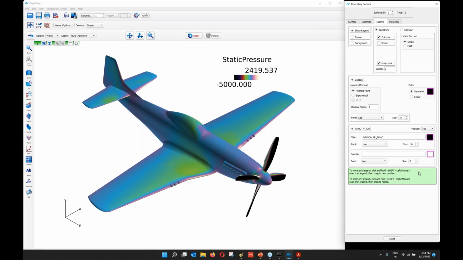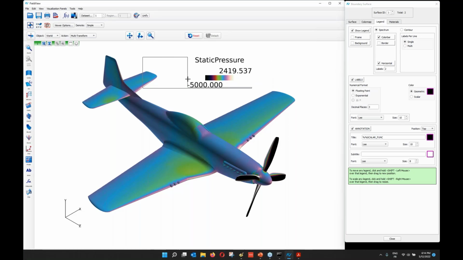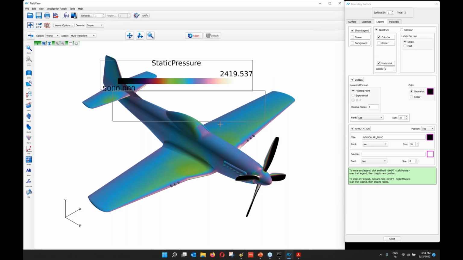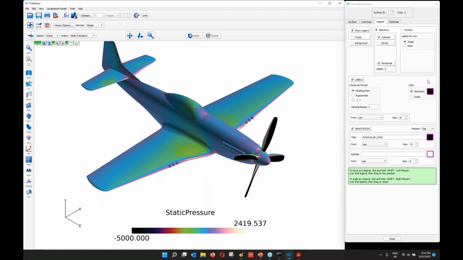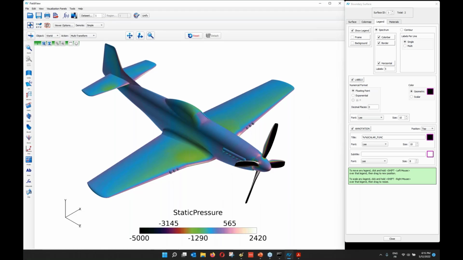This green box over here is text only, right? It's telling me how to control the legend. It says shift left mouse for moving around and shift right mouse for resizing. So we'll make it bigger, put it at the bottom. I also want to adjust the number of decimal places. I'll have a few labels. You can see that you have full control over what your legend will look like. Okay, so after just a few minutes, we are done here